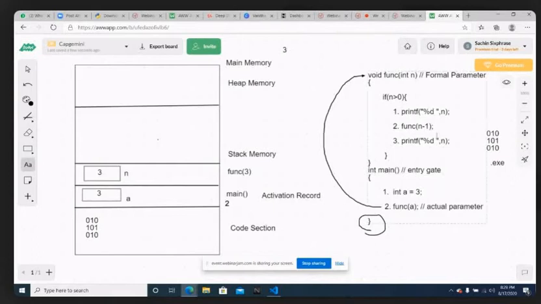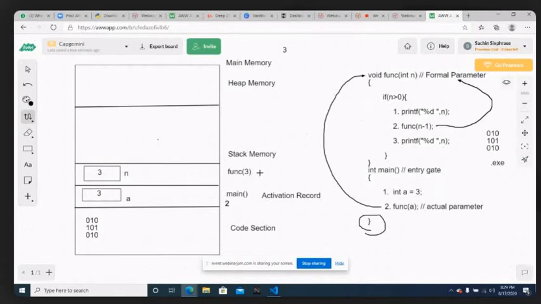Now what is the second line? Second line is a function call, where we are calling the same function again. When the same function is called again, what will happen? The control flow will go again to the first line of the function. So for the call func, which is taking the parameter 3, I have come only up to the second line, and I am still not executing the third line. Once I see the second line, I will again go to the first line.